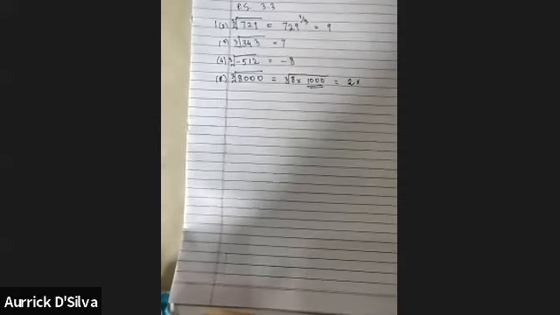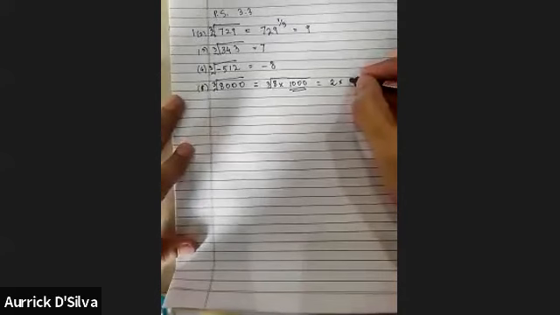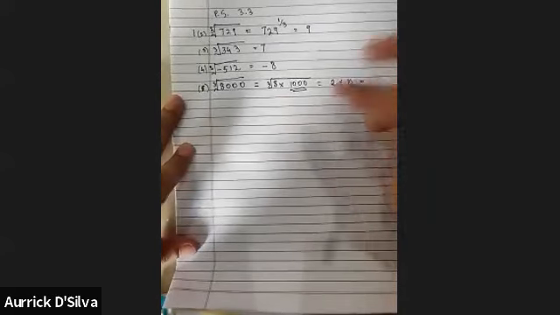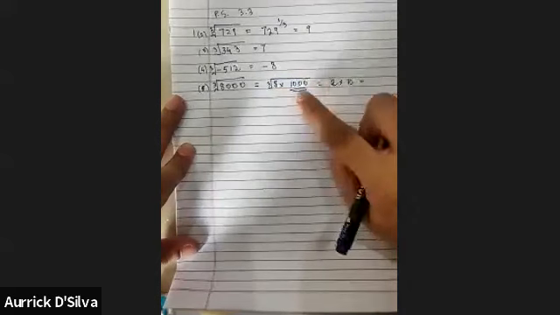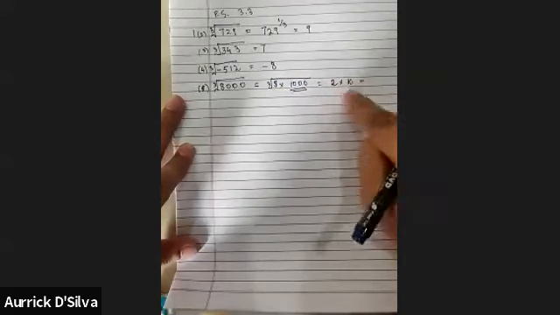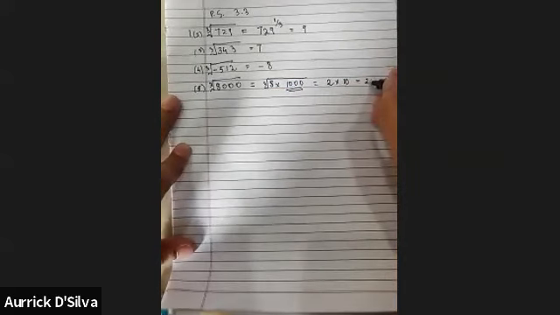Swayamvara, wrong answer. Yes, Prachi, you're right. You've given the final answer. But I'm asking what is the cube root of 1,000? And yes, everyone, if you have learned from 1 to 10, the cube root of 1,000 is 10. So if the cube root of 8 is 2 and the cube root of 1,000 is 10, do you agree 2 into 10 will give me the final answer 20? This is the final answer.